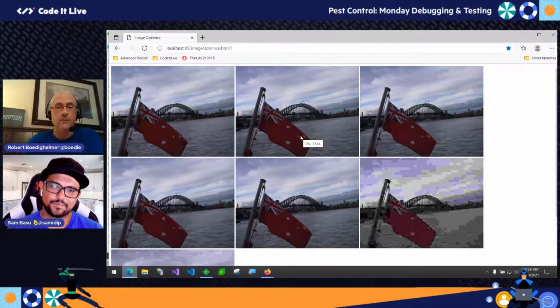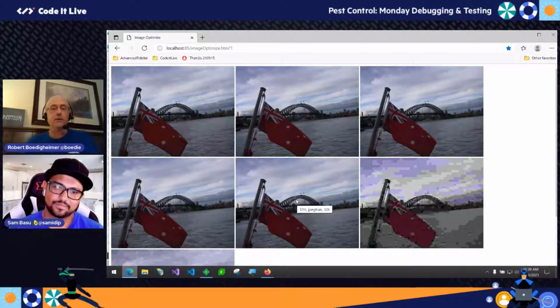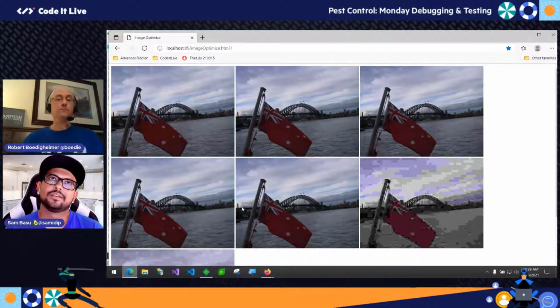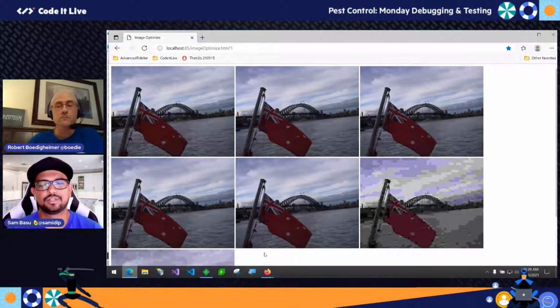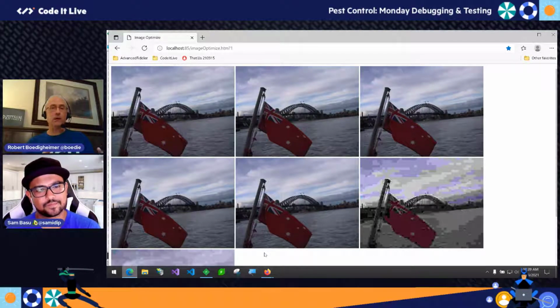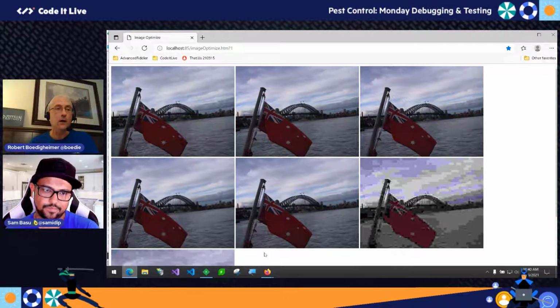The original is 172K. This one's only 32K, just because I played with compression because it's a JPEG and got a trade-off between the size and the quality, and even stacked together, you really can't tell the visual differences. So the other one I like doing, go ahead. One more question, do you see people dealing with a lot of SVGs? Yes. When it comes to logos and vector graphics, definitely use SVGs. When it comes to photos, that's where I want to use a JPEG, a WebP, or AVIF is coming, those sorts of things, because you can do this compression.